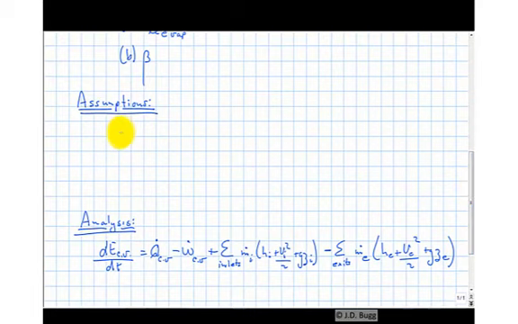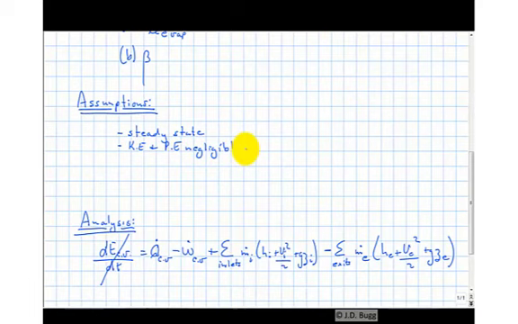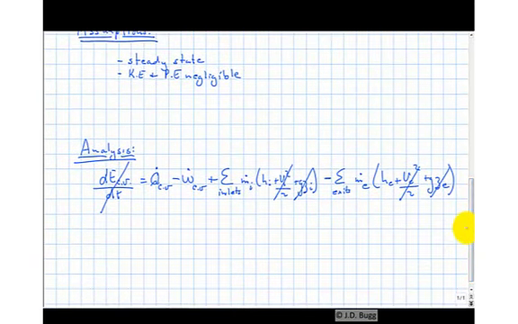Well, there are a few of them. Steady state, so make the assumption here, steady state, and cross a term off. Kinetic and potential energy are negligible, so KE and PE negligible. We can make that for every component, so that gets rid of all of those terms. So now we have an equation that we can apply to any component we want, and all it's going to be is heat transfer, work transfer, and the change in enthalpy across that component. Notice any individual component we look at is going to have just a single inlet and a single exit for